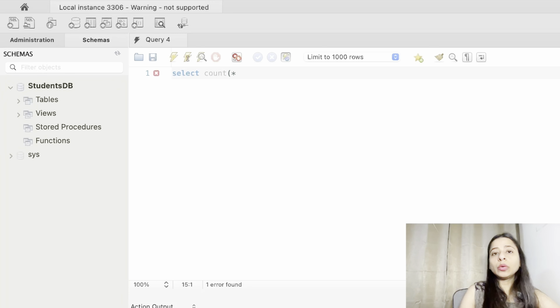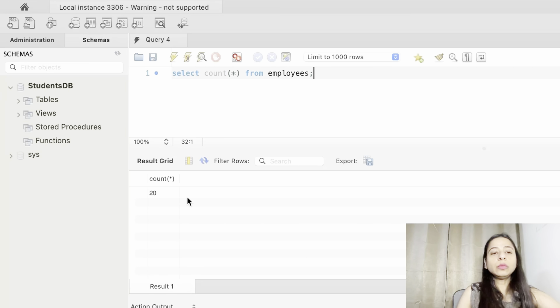Since we need the count of all of the records, we use the star. Now let's run this. It gives us the value 20. That means there are a total of 20 employees, or 20 records, in the employees table.